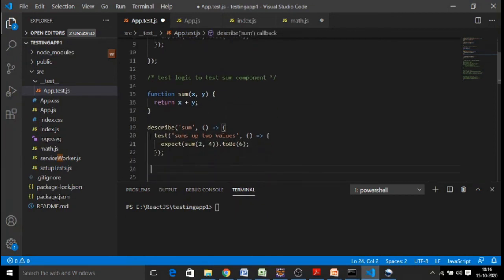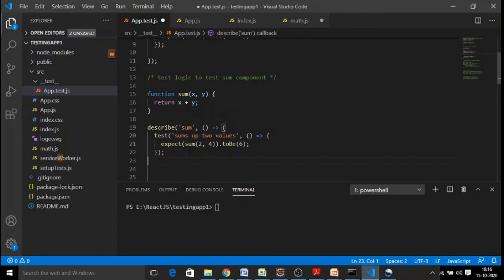Now we have created a sum function to perform the sum of numbers. Now we are writing a test case, describing the sum function with a test case, with the expected value to be 6, and I am calling the function by passing two inputs. This is my sample data and the actual result is replaced over here, which we are checking against the expected value of 6. If your functionality is working fine to add the numbers, 2 and 4 is 6, and if this is matching, your test case is passed, otherwise it is failed.